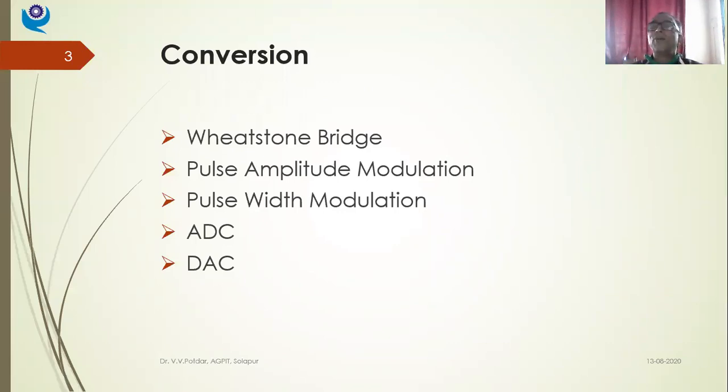A Wheatstone bridge, as we all know, has four arms. Those are connected as a bridge. That's why it is called a resistance bridge. So there are four resistances in the four arms and four apex points. Across two apex points, the nodal points, we give the supply voltage, and across the remaining two nodal points we take out the voltage, isn't it?